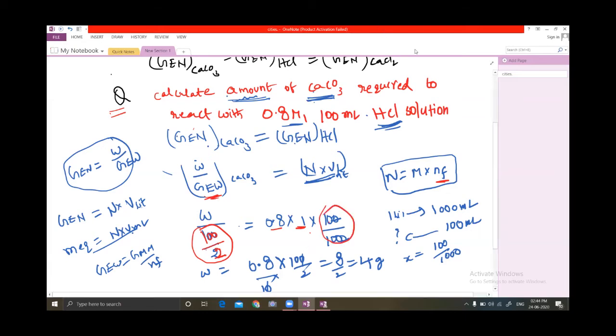We try one more question also. If you are taking ml, that becomes milli equivalents. ml means milli equivalents, please look into this. Otherwise your answer is in milligrams, and then you can convert into grams. Why are you using N into V in liters? Suppose you have a doubt: if you don't want to convert, just calculate the answer in milligrams, then convert into grams. It doesn't matter.